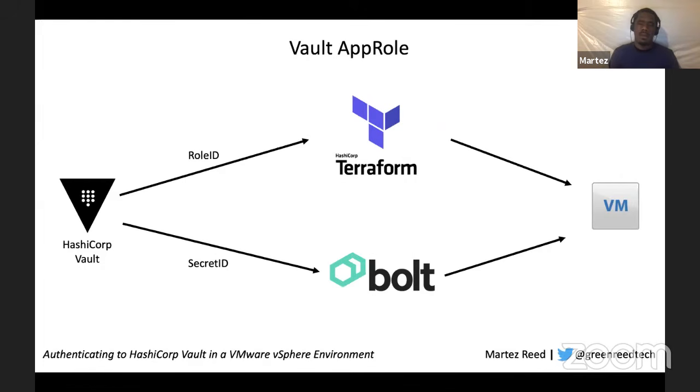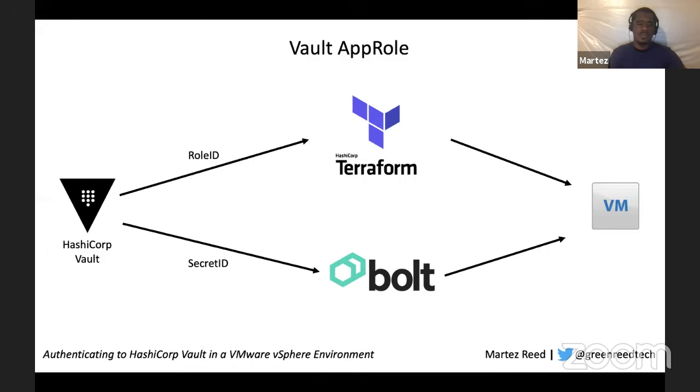Another method, and oftentimes people may refer to it as quote unquote more cloud native, is using a tool like HashiCorp Terraform to actually perform the provisioning process and then populate the role ID on the system to allow it to have that first piece of data. To accomplish the second aspect, you might leverage something like Puppet Bolt to perform the actual orchestration of grabbing the secret ID from HashiCorp Vault and using it to populate to the system as well. This would allow the system to now have both pieces of data, the role ID as well as the secret ID, that would be combined for the actual